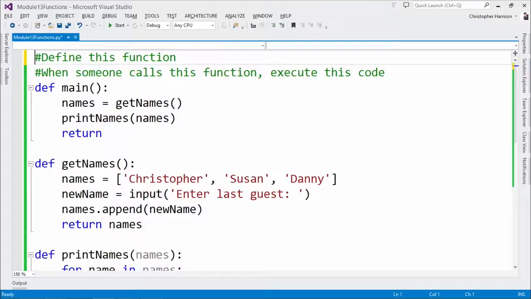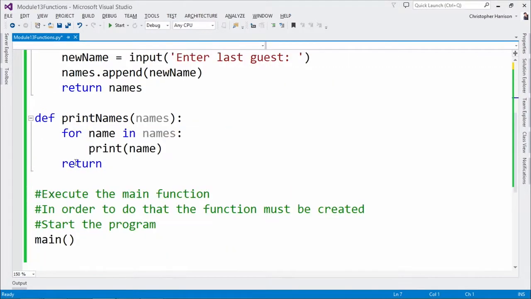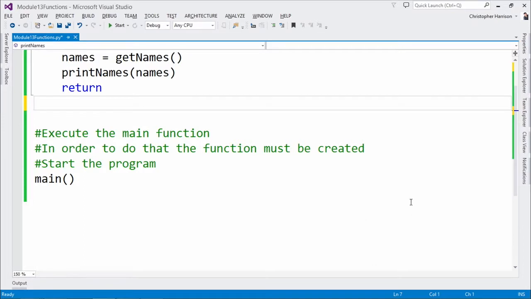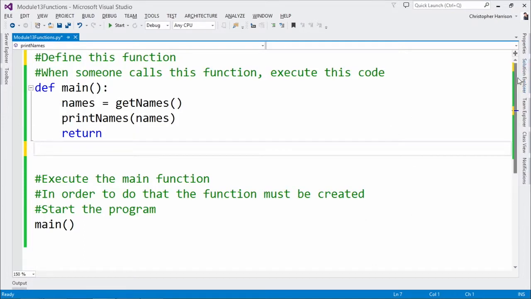So if we come back to the code that I was doing earlier, let's say that things like get names and print names, I want to be able to use in a lot of different places. Well, what I could do is just take those. All I'm doing is taking code that we saw in the last module. Control X, cut. You took it out. How am I going to be able to call it? That's a good question. I'm glad you asked that.